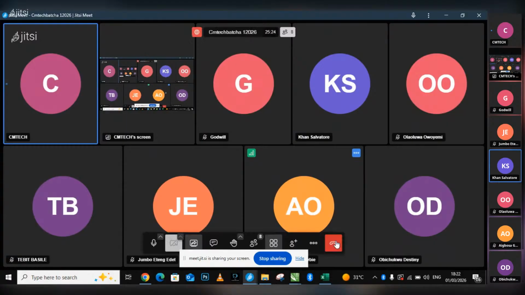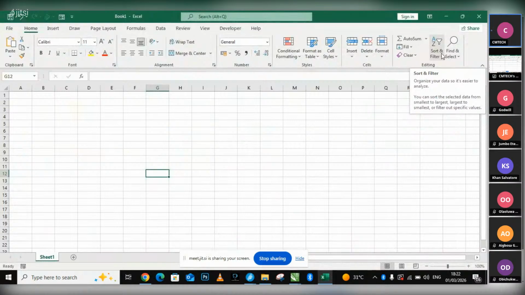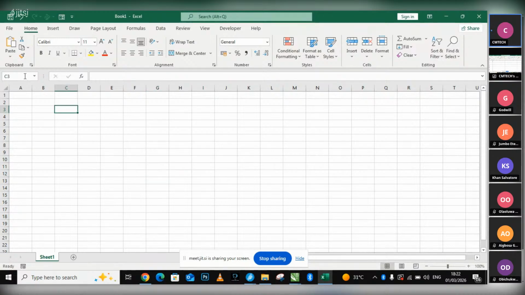Now, let's see what the sort and the filter can do. Now the sort can sort from A to Z. We can filter an item. For example, you are working with an organization and the organization requested for a particular name. You can filter out that name using the filter. Now you can also use Find and Select. Under the Find and Select, you can find, you can replace, you can use the word Go To. Okay, now in Excel environment,